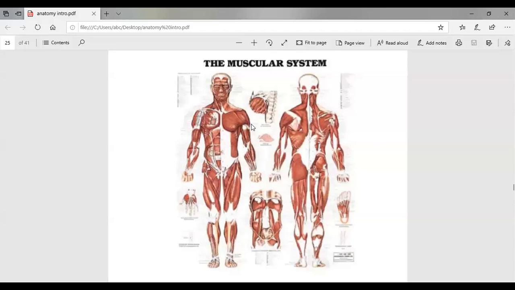The second type of muscles are smooth muscles, also called visceral muscles, but let's go with the term smooth muscles. Why would the muscles be called smooth? Because they are smooth in structure, but they are not visible to our naked eye, because those muscles are present inside our body. The stomach, the small intestine, the large intestine, the organs of the reproductive system, the organs of the excretory system, all these organs are made up of smooth muscles. And they are also called involuntary muscles.